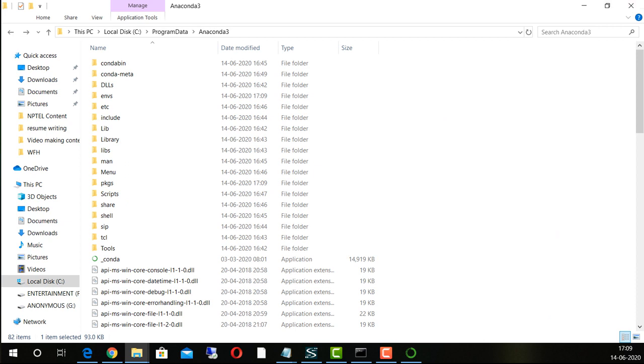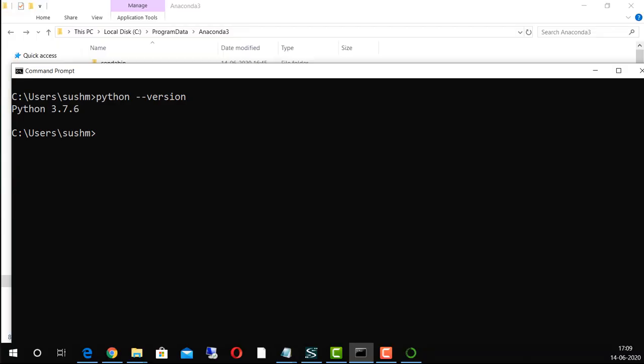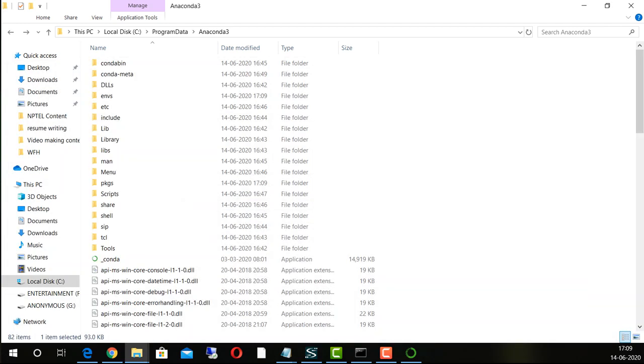Just for explanation of why we are doing all these things: I'm opening my terminal from any place. This is a different directory. Similarly, I'll go to some other directory and try to run Python. Everywhere our system is detecting that Python is there or Conda is there. Now what is Conda? It is a package manager with the help of which you will install various libraries. If you are not able to understand these terms, that is fine, we'll cover that in the coming videos.